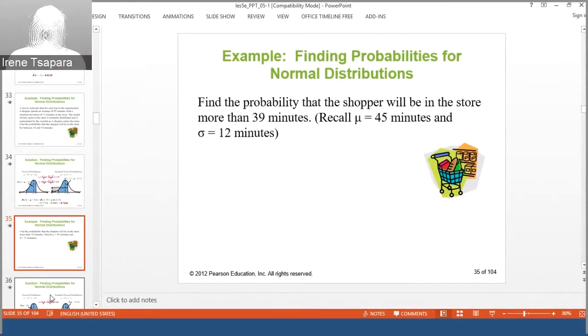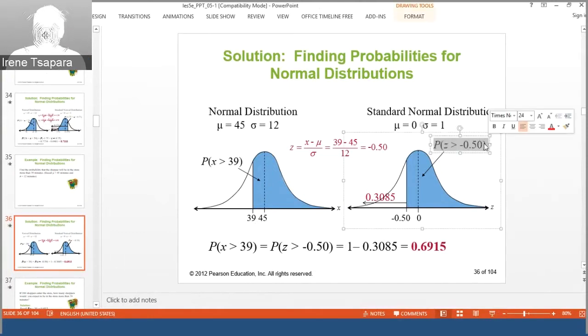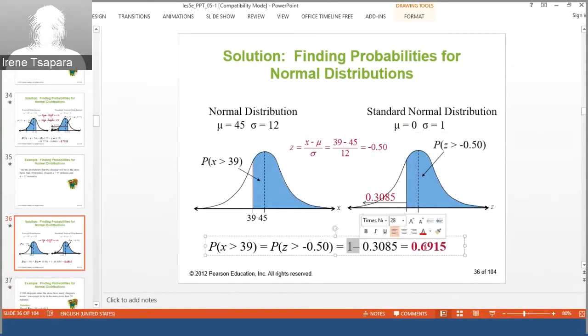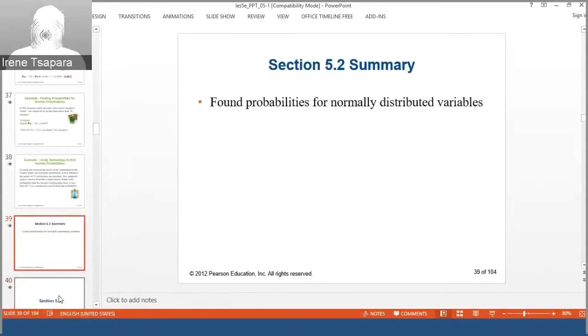Here is another example, or another version of the same example, for a person that stays in the store 39 minutes. So in this case, I'm looking to the right side of the curve, right? And I translate again, I find the probability, but now I want to find the probability for the z-score greater than that. So I will look at my z-score, I find the probability, and I will subtract it from 1. 0.69, 15 is the answer. Okay, so